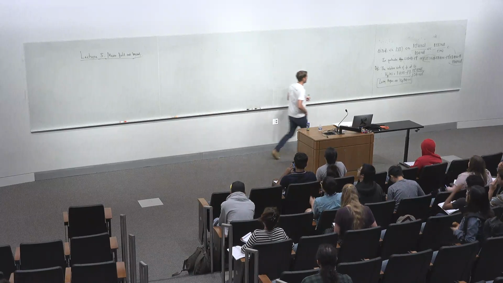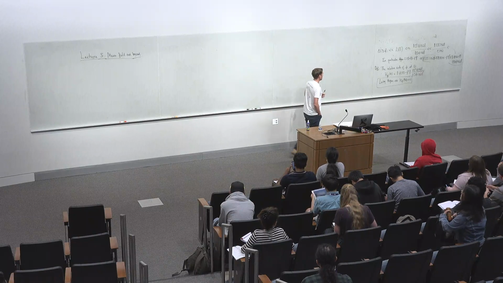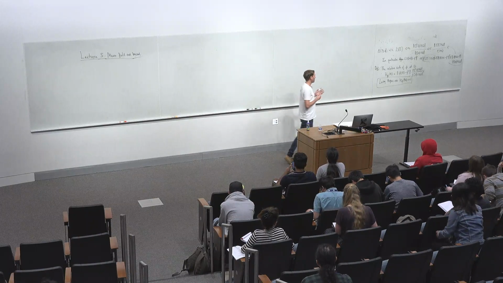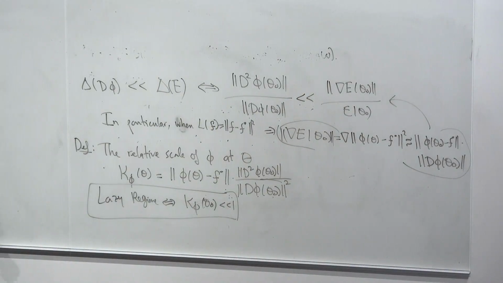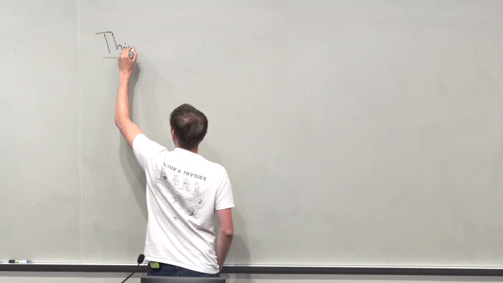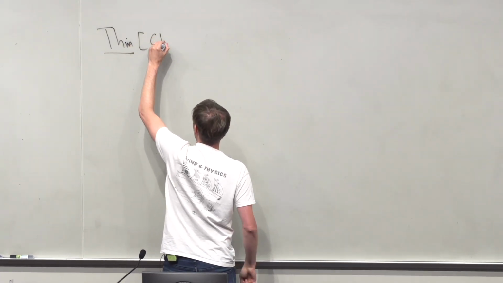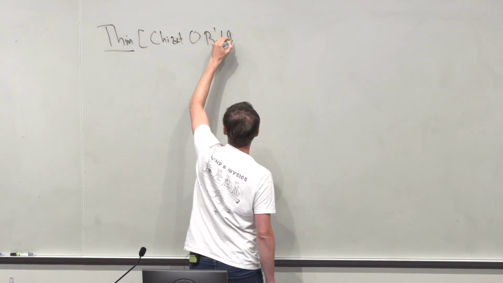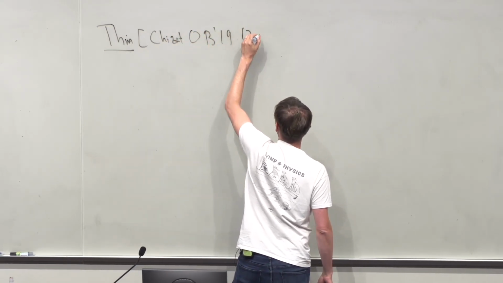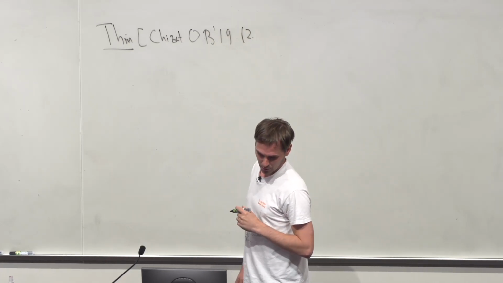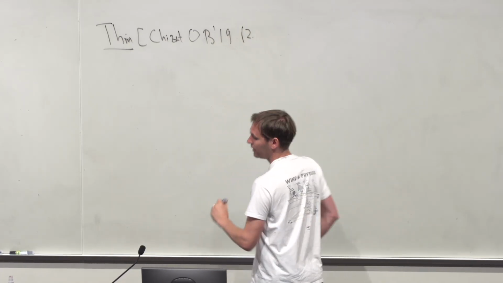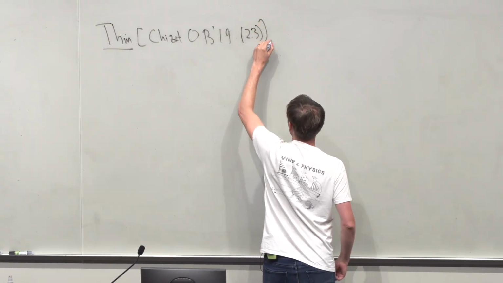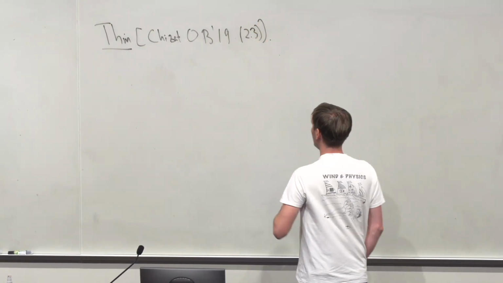So can we actually quantify how this relative scale controls basically how close the nonlinear dynamics are going to be tracking the linear dynamics? And the answer is yes. There's this theorem from Chizat, Oyallon and Bach, 2019, which is Theorem 2.3, if you want to look at the reference, that essentially says that